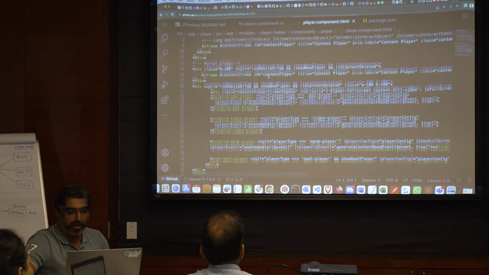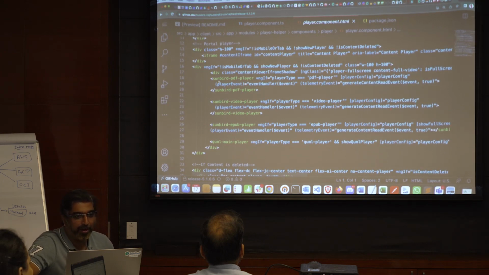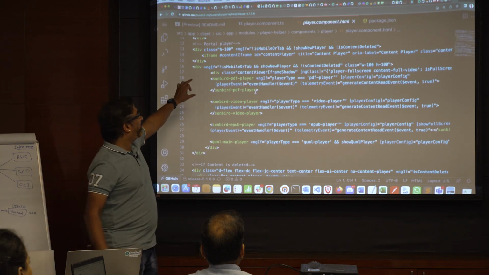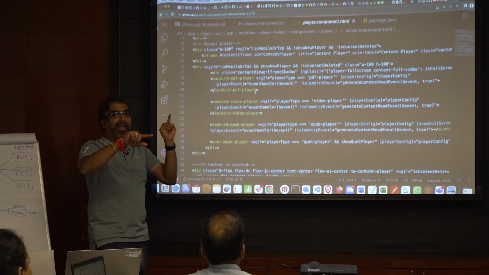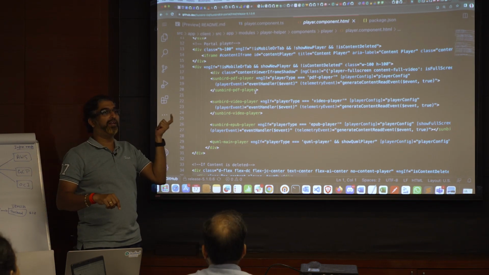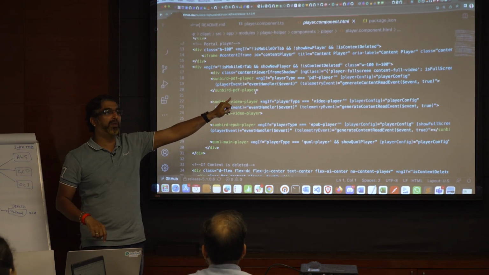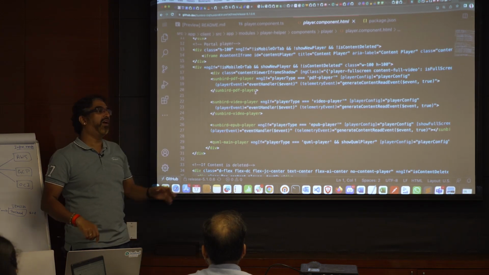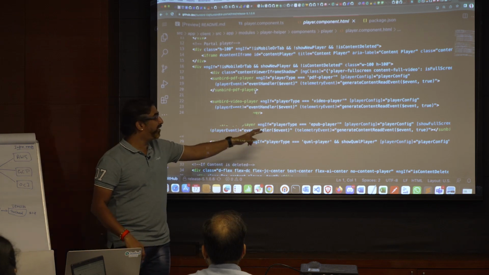Here we have mentioned for a PDF, depending on the MIME type, if it is a PDF player, load the PDF player. In their README file they will mention how to use this particular tag, Sunbird PDF player, Sunbird video player, all these details, and what has to be sent to it.